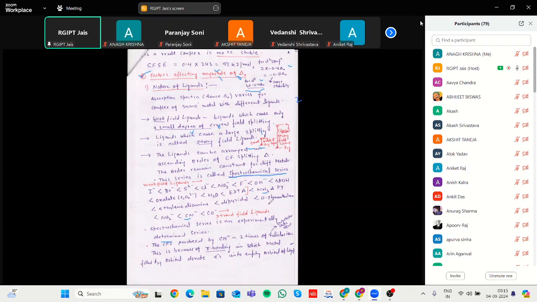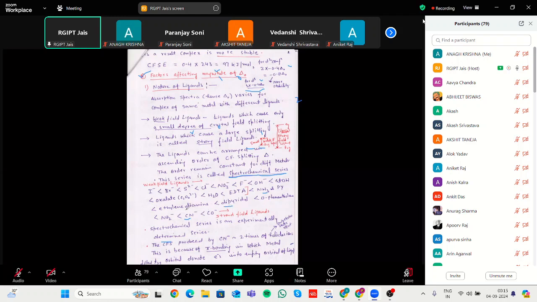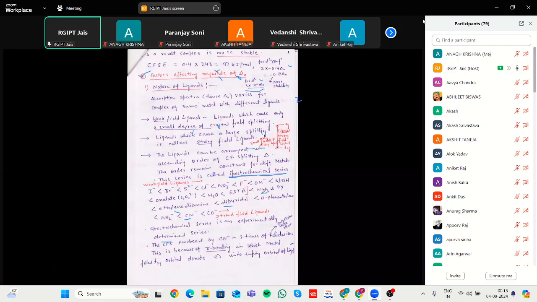After that, orthophenanthroline and pyridine, ethylene diamine, ammonia or pyridine, which have some equal power. After that, EDTA, ethylene diamine tetraacetic acid, then water, oxalate, ethanol, OH minus, F minus, NO3 minus, Cl minus, sulfur, bromine, iodine. Iodine is the weakest ligand. Weakest means if we apply some energy,